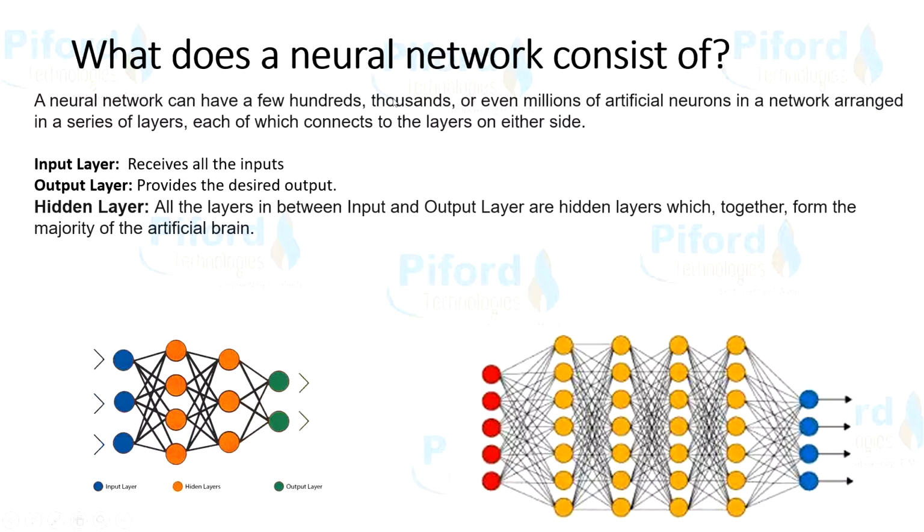Every neural network has one input layer, one output layer and several hidden layers. The very first layer, as you can see here, is the input layer, which is responsible for getting inputs from the outer world. The last layer is the output layer, which is responsible for giving us the output. All the layers between the input and output layers, these orange neurons, are hidden layers, and they are responsible for all the computation and processing on the problem.